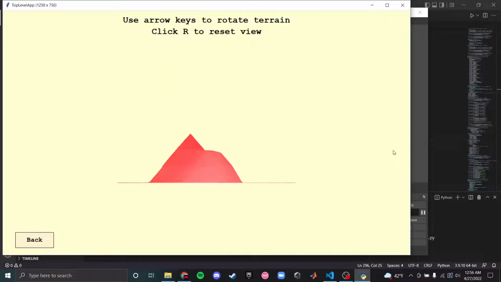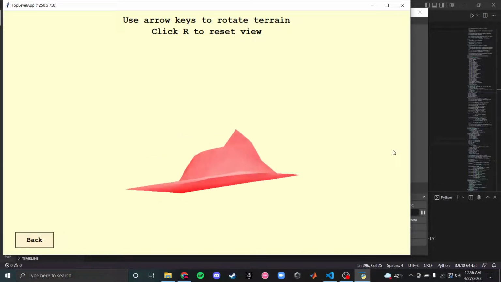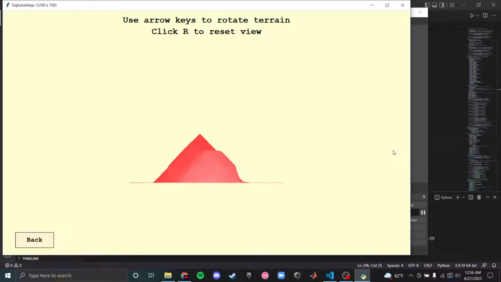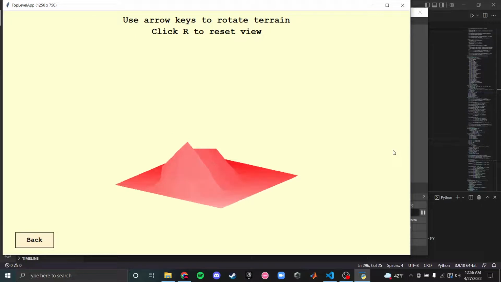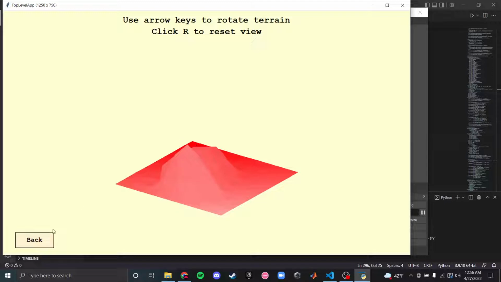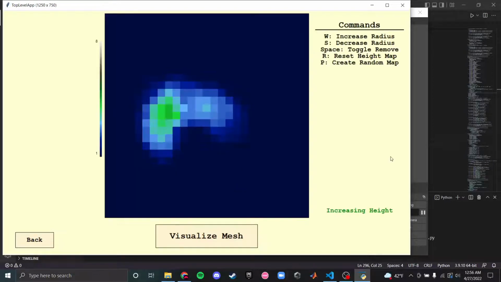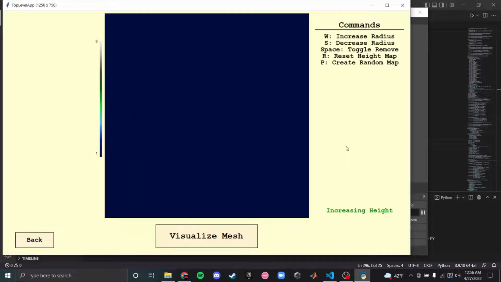So I can see the height map that I made and how that would look like as a 3D mesh, which I can rotate around, see what it looks like. This also uses the painter's algorithm to convey depth and shading. So as you can see, triangles that are closer to us are brighter than triangles that are further in the back. You can also create a random map using Perlin noise,